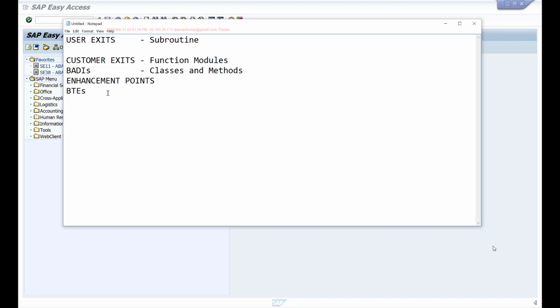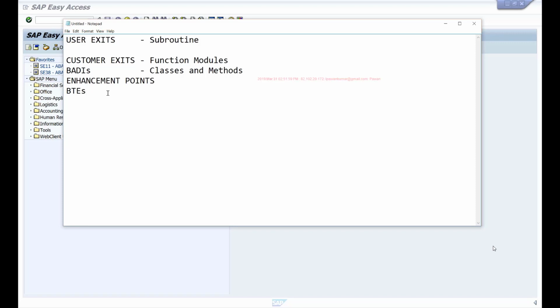So if the enhancement is called at the right place that you're looking for, and if it is supplying the right data that you want to change, then you can go ahead and implement it. But if you don't find any enhancement that is called at the right place, or if it is not sending the data that you're looking for, then you won't be able to use that enhancement. It won't be meeting your purpose, right? So in such cases, you will be looking at other options, such as modifying the program or developing a new program. And all these enhancements are provided by SAP. So if SAP provides the enhancement, we can implement it.